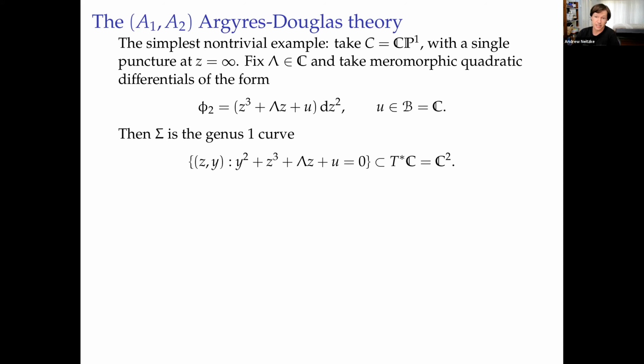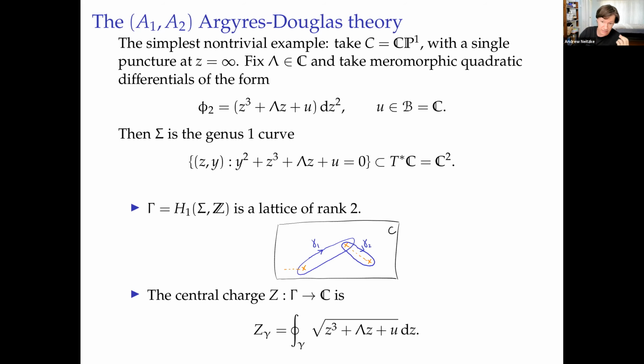So then the double covers that we're talking about are literally just these cubic curves in y and z parameter, just obeying this equation. So that's a genus 1 curve, right? Sitting inside of the cotangent bundle. Well, it's CP1, but it has a singularity at infinity. So you might as well think it's the cotangent of C. In other words, just C2. So literally, we're just talking about cubic curves in C2.